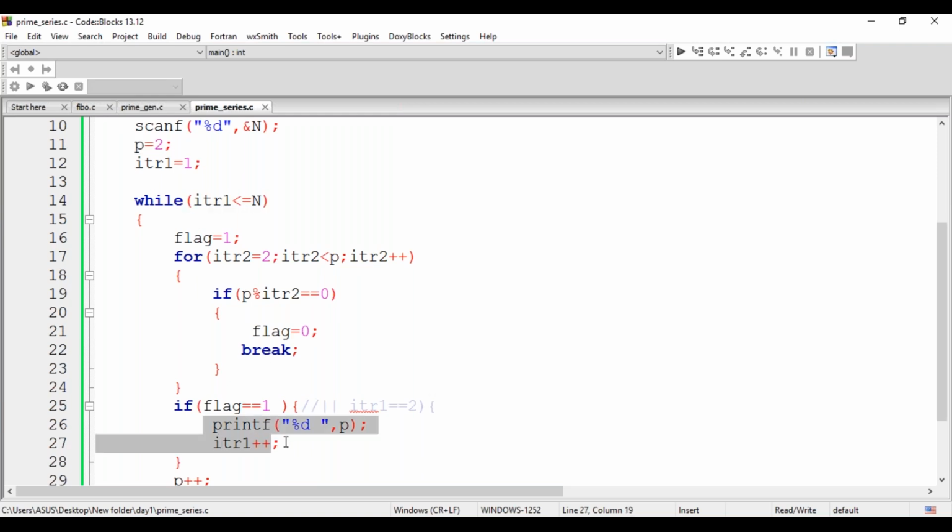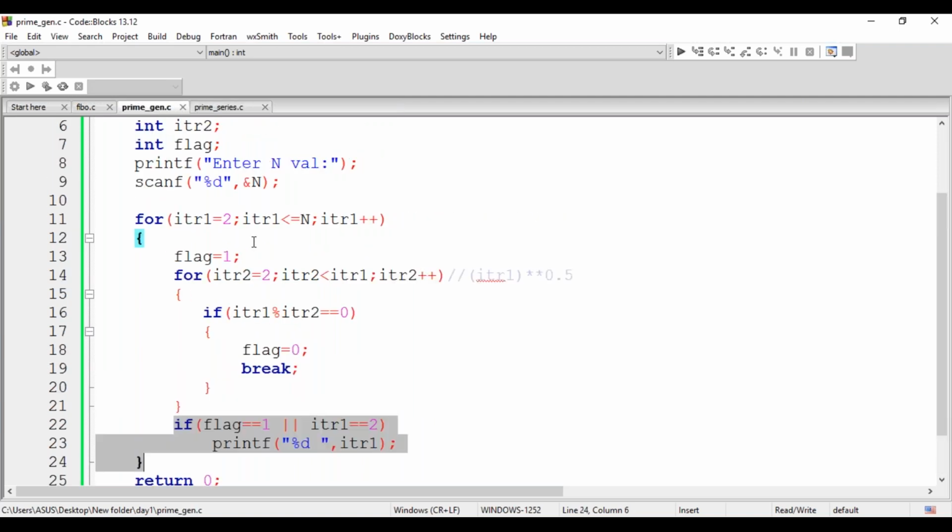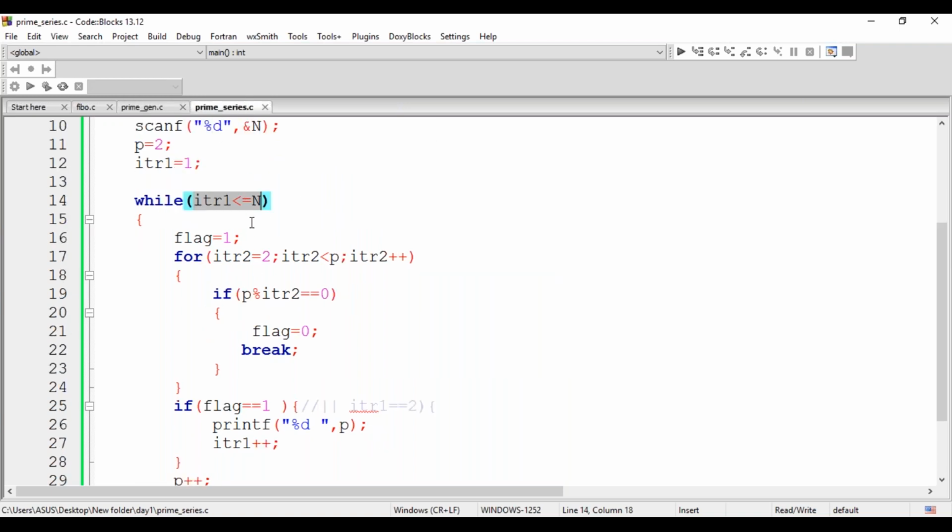As many prime numbers are generated, this has to be compared with your n value. But in the previous case, we were comparing from 2 to n, where we knew the n value. Here I'm just counting the number of primes, then comparing that prime count with my n value.